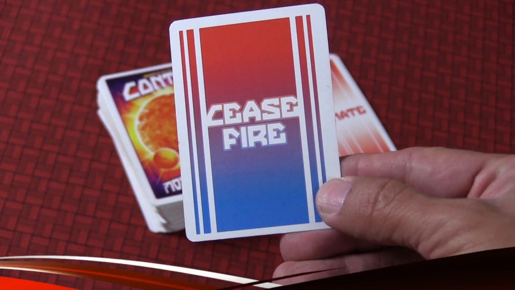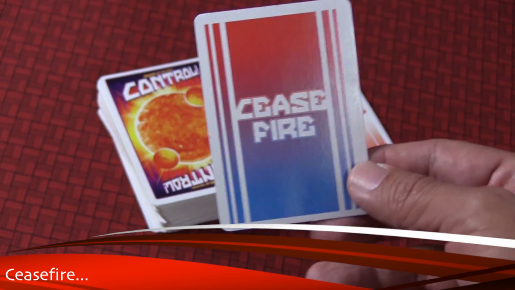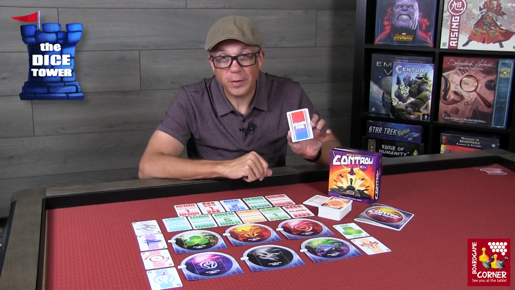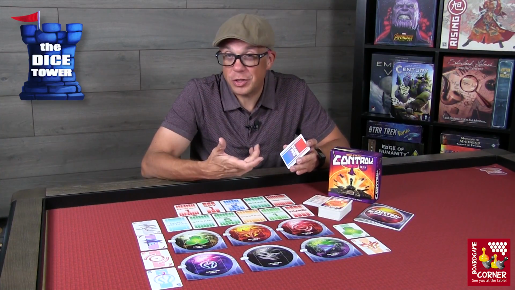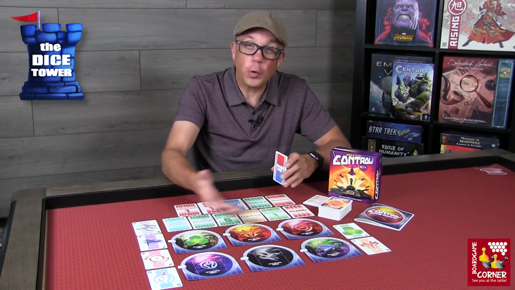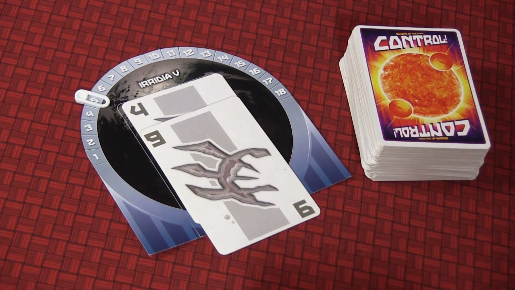Alright, so how does the game come to an end? Basically, in the bottom of the deck somewhere, this Ceasefire card will appear. And whoever draws this card, it gets played immediately. And then there's one last round where everyone gets a chance to take one last turn. And then you're going to total up your points. You're going to total up your army's value plus the civilian value of each world,